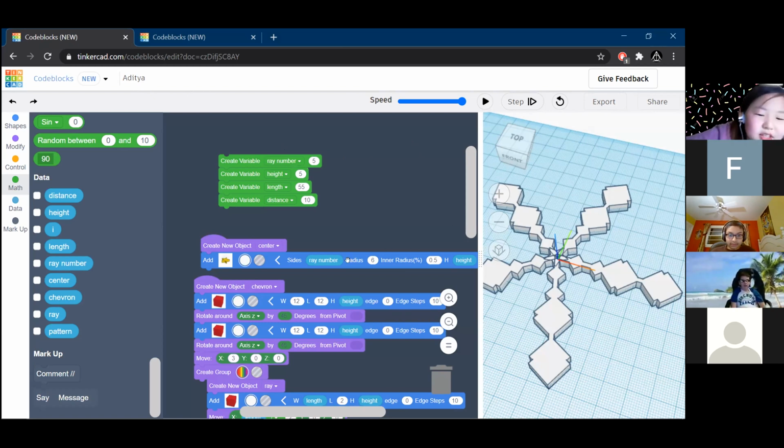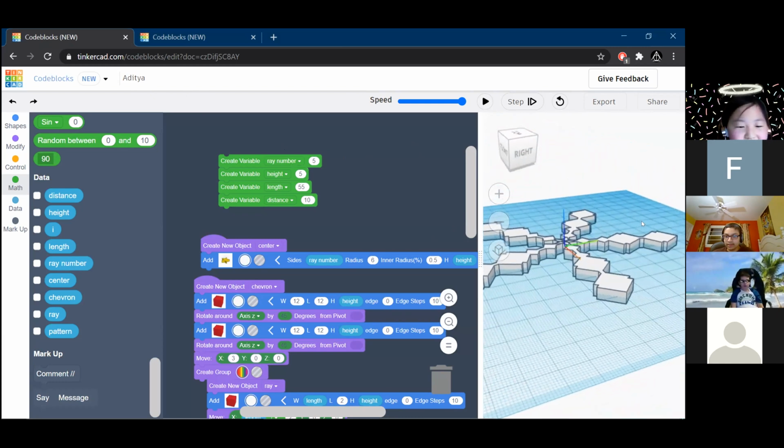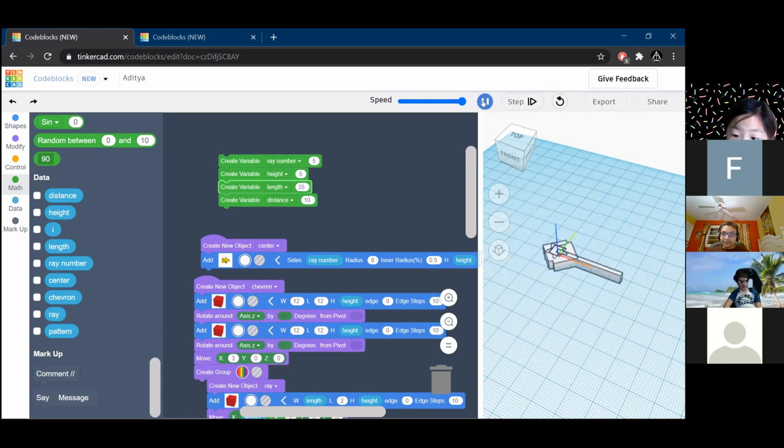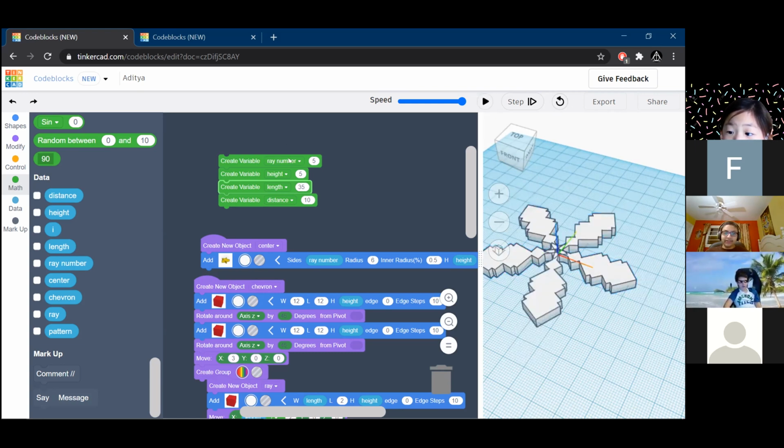How'd you make it so thin? Mine is literally so fat. The snowflake. Yeah. I messed with the settings. Something that might help is changing your length. The default was 35. I made it 55. Originally the snowflake looked like this, so I just made it 55 instead of 35. And that did it.